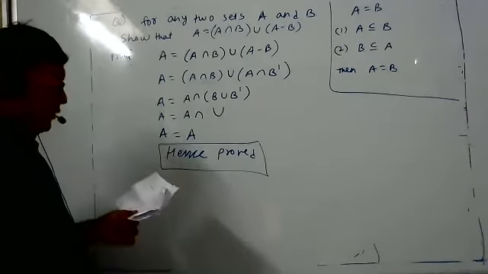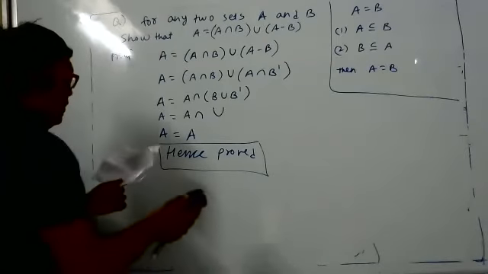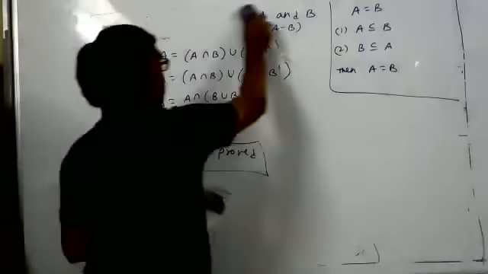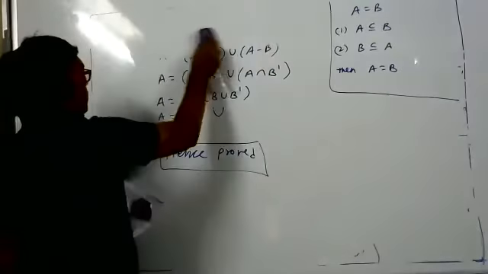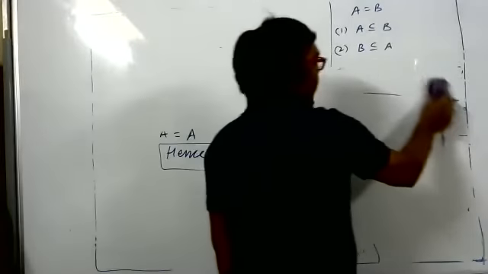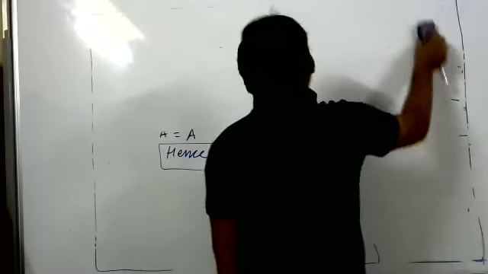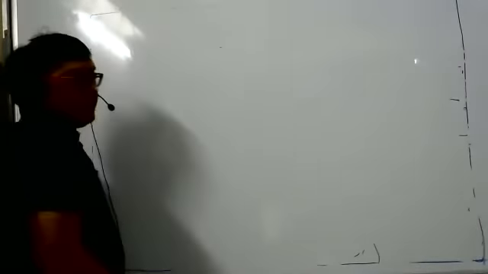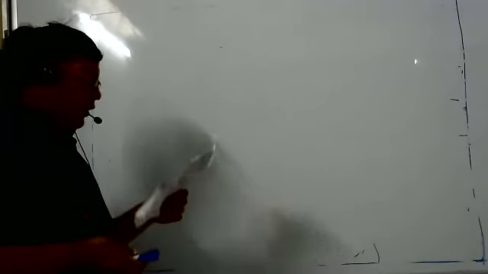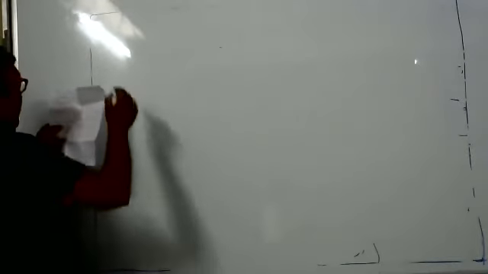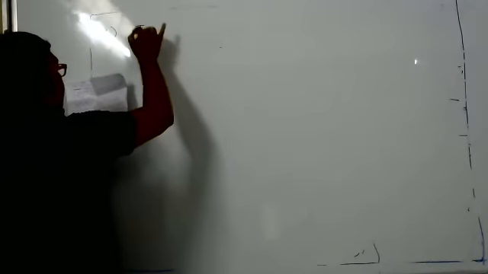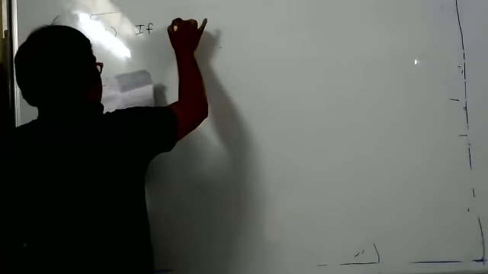Shall I raise the board? Yes, sir. For the 2 trigonometry homework questions, what are the answers, sir? How much did you get as the answer? 1/2. Are you able to do that sum? Answer is 1 by 2. Boys, have you done that sum? Yes, sir. Okay. So I will also do that. Some people may not have got it. You may have done it differently, so I will do it in a different method. Even your method is correct, and what I'm doing is also correct.